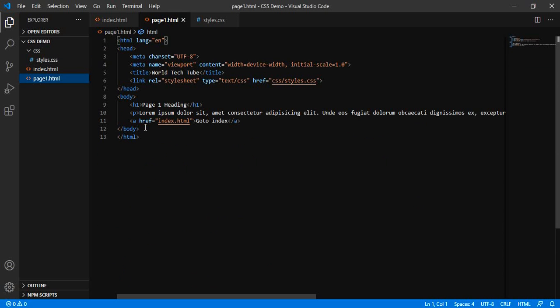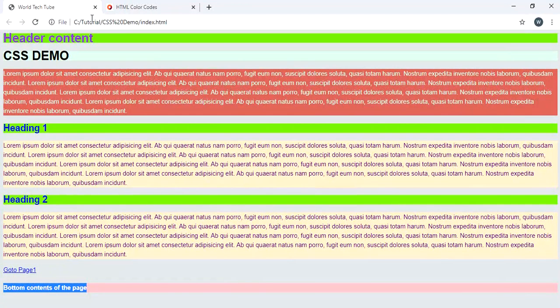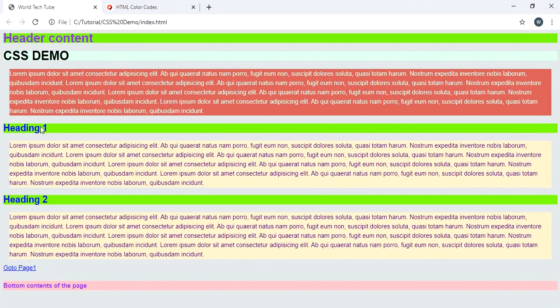Let us try to define it in page 1, as there are very few elements over here. So we have already declared the p tag over here. Let's see whether it is applied or not. So you can see